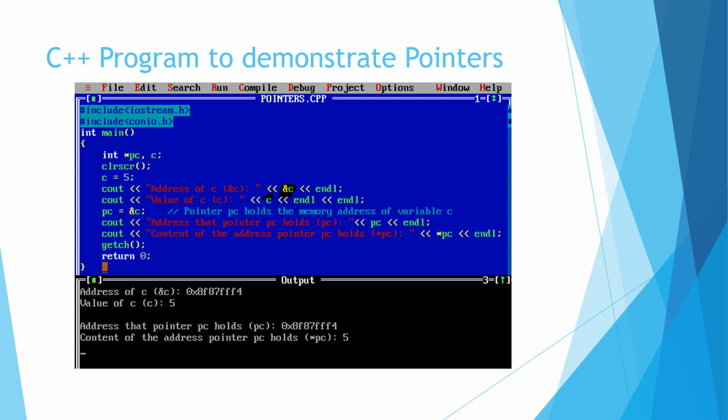Now when I print pc, it will give me the address of my variable c. You can see over here the same values appear, which is the address of c. Now if I write star of pc, it will give me the value which is stored at the location of pc, or location pointed by pc. That is the value of my variable c.